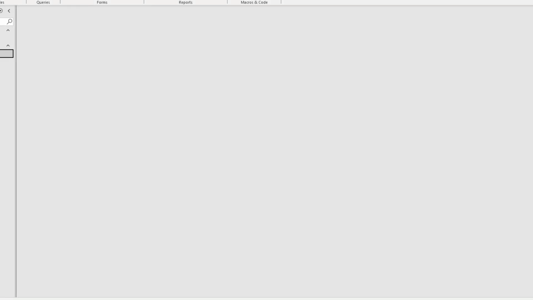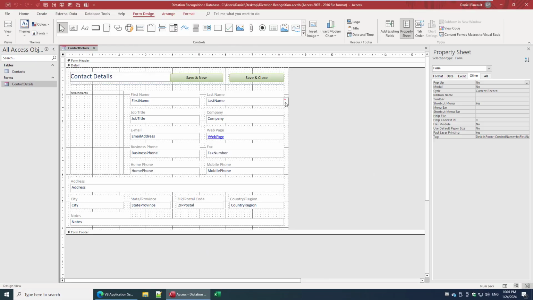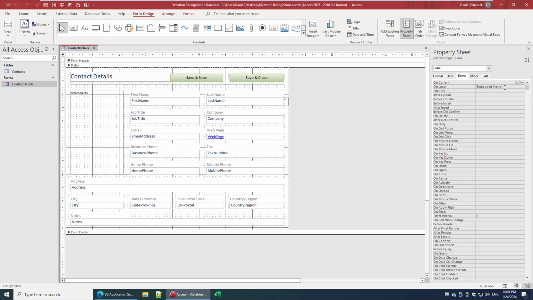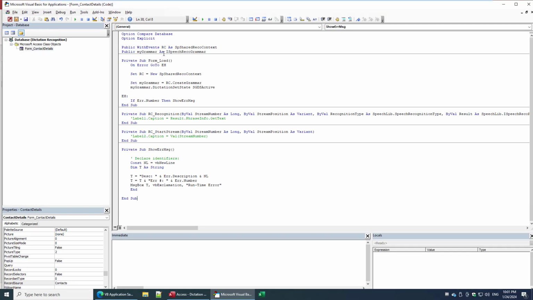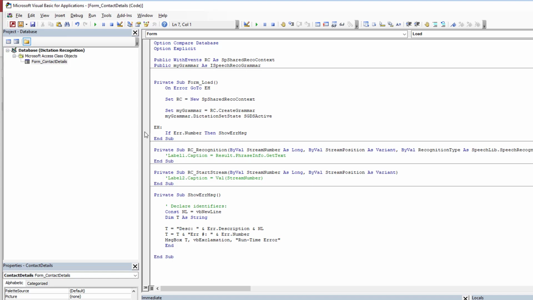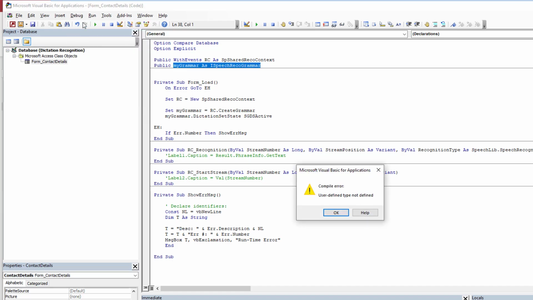So we copy this. We're going to come into design view. It doesn't make a difference. Just pick an event and let's paste in what they've given us. Now, right off the bat, let's do a debug compile, and lo and behold,